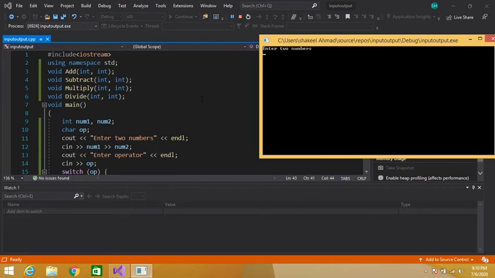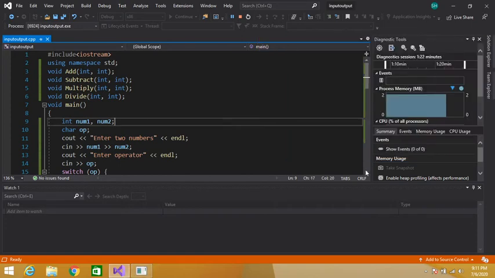See, 12, and after that I am prompting the user to enter an operator. Now I have to enter an operator. Let's suppose I entered the plus operator. So now addition is equal to 24.